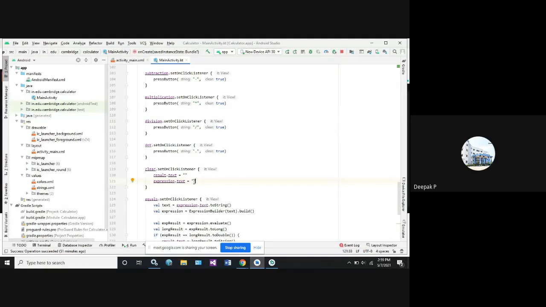Because we cannot hard code the data saying that it has to load this value 1 plus 2, 3, 1 plus 4, 5. I cannot make sure of that because the user can take any input. So that's why we should take it as empty data at the on click listener for clear.